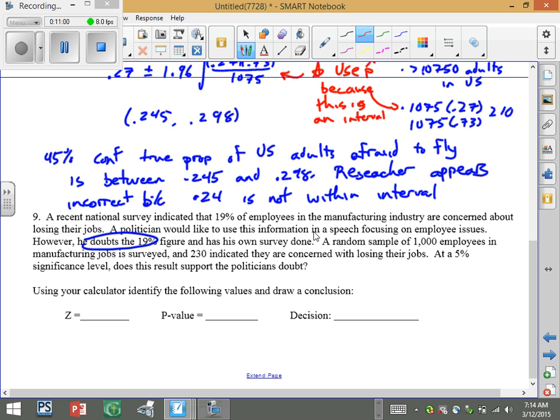So real quick, just so we can set up our test right, this is a one prop z-test. It looks like the claim is that it is 19%, and he doubts it. So 0.19. I know we've seen that problem already. So now just this problem, just run your test very, very quickly. You don't have to worry about doing all the little steps in between. Just 3.22, a p-value 0.001 at any reasonable alpha level. That's well below any reasonable alpha level, so you'd reject the